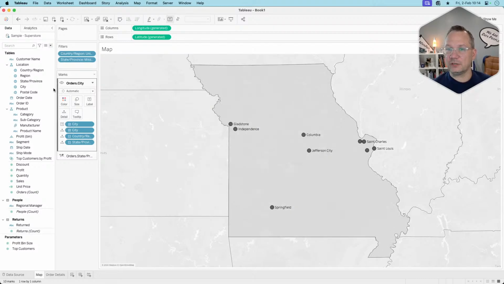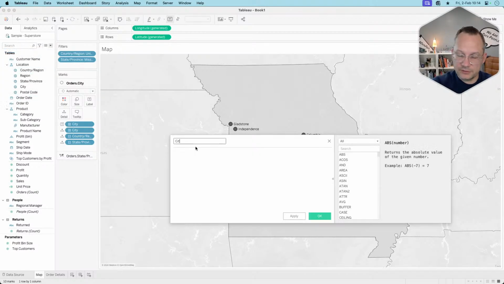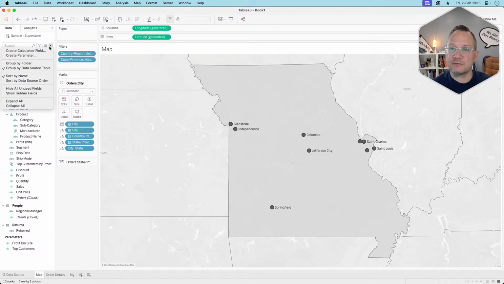Actually, you know what I'm going to do real quick is create a calculated field called city state. It's going to be city plus the text string space comma space plus state. I'm going to add that to detail here, right? And then I'm going to create a parameter based off of that field,